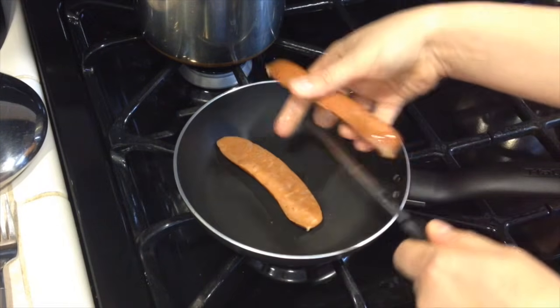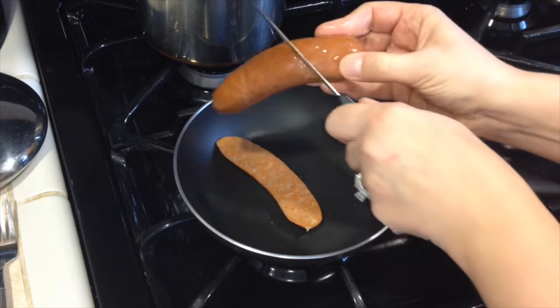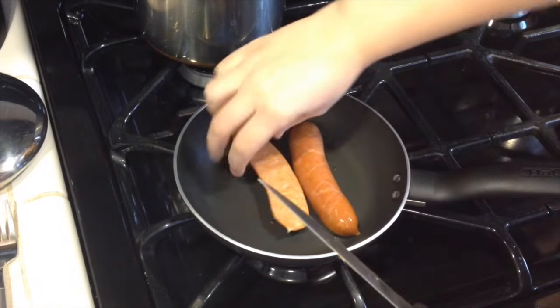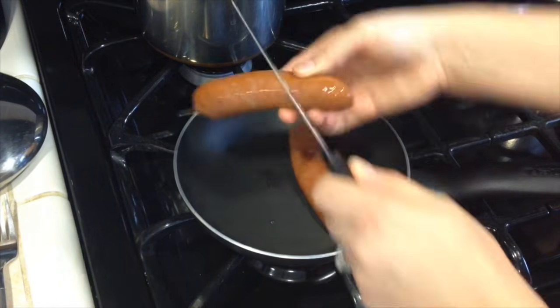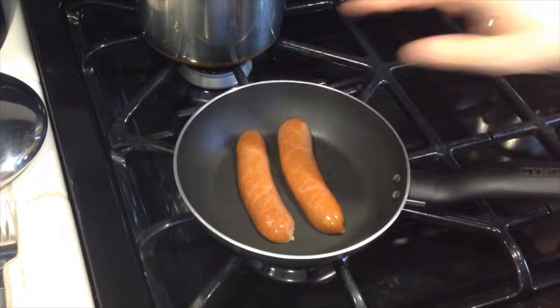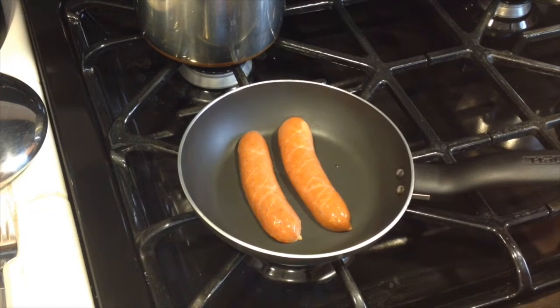And just be careful not to cut your pan. I didn't want to use a board. And then I'll just cut it like this. Just don't cut yourself. Another, and then now I will roast it, because we have a little bit of oil on the bottom,